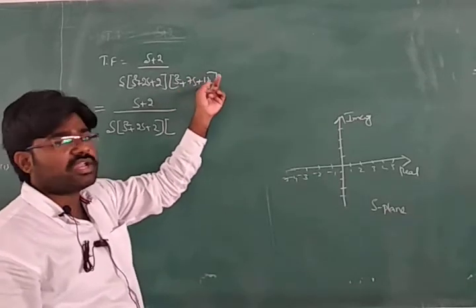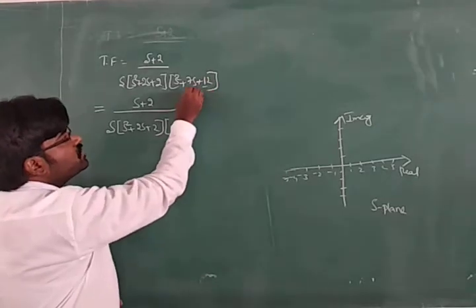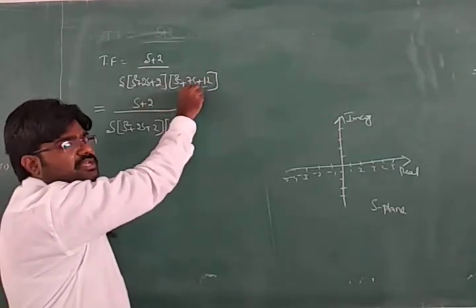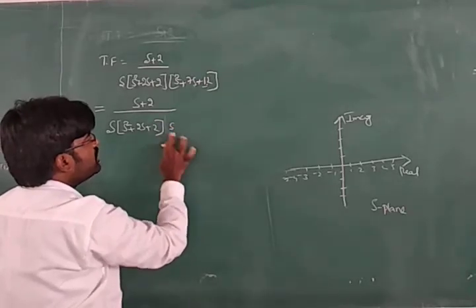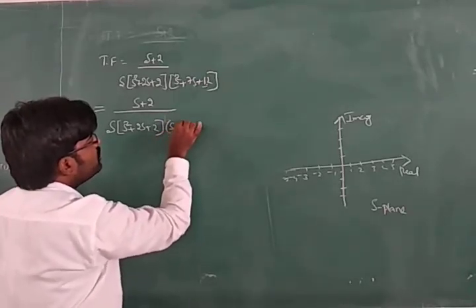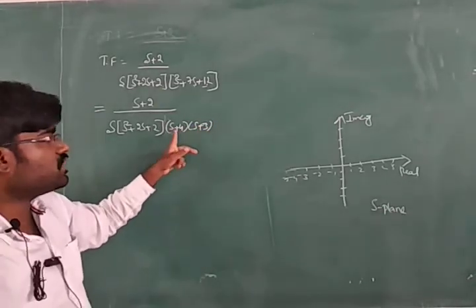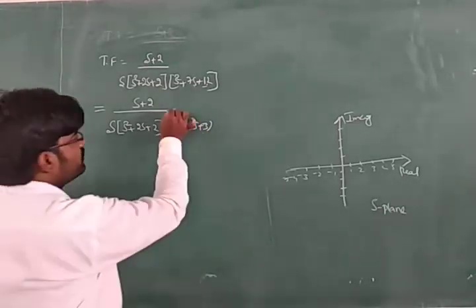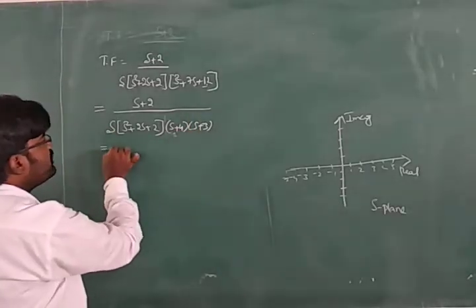If you multiply, we should get the last term, the third coefficient. So 4 plus 3, if we add 4 plus 3, we will get 7. If we multiply, we will get 12. So this equation can be written as s plus 4 into s plus 3. You already know this. So many times you have done this in mathematics.